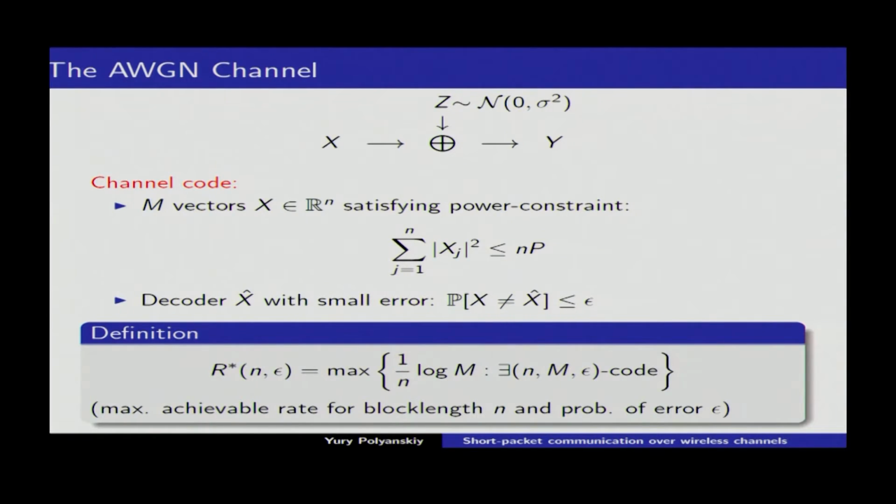Okay, so mathematically, what I'm going to be interested in is this quantity R*(n, epsilon), which is the maximal achievable rate. So it's the maximal number of bits you can transmit in n channel uses. This is the crucial slide if you never heard about information theory, because this seems like a very simple definition. But let me assure you that we are never interested in n, this dimension, being 1, 2, or 3. The goal here is to analyze n equals 1,000 or more.